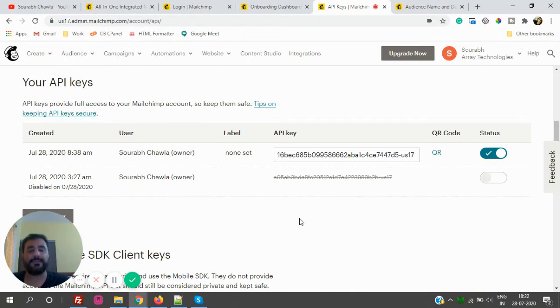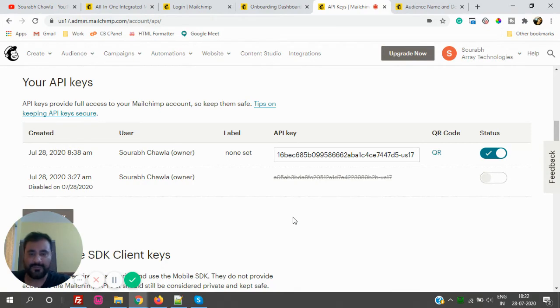We can send them all the updates that we have planned. For example, if you have any updates, by simply clicking a button you can send your update to all your customers. But guys, don't spam, because MailChimp doesn't like spam and all those things. So be clear, do your business very nicely, and don't fake or spam anything. If you're doing well with your business, it definitely is not going to ban your account. Just keep in mind, no unwanted promotions, and don't irritate people.